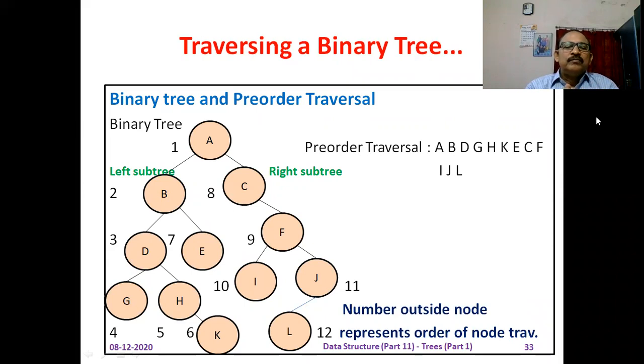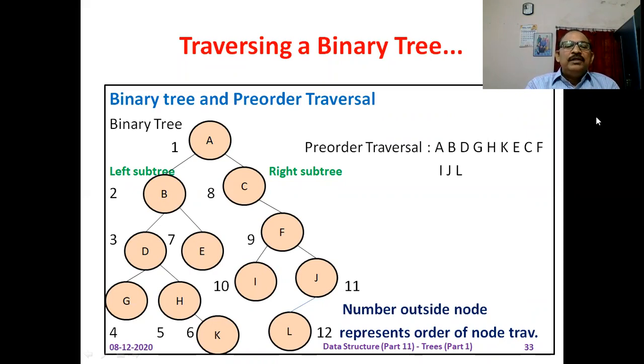Next step. The right subtree is suspended, and the next activity is calling the pre-order function with the left subtree of H. Here you can observe that there is no left subtree of H. Therefore, control goes to the most recent suspended activity, that is the right subtree of H. Now we call the pre-order function with the right subtree of H. The root of the tree is K. Now K is printed on the screen.